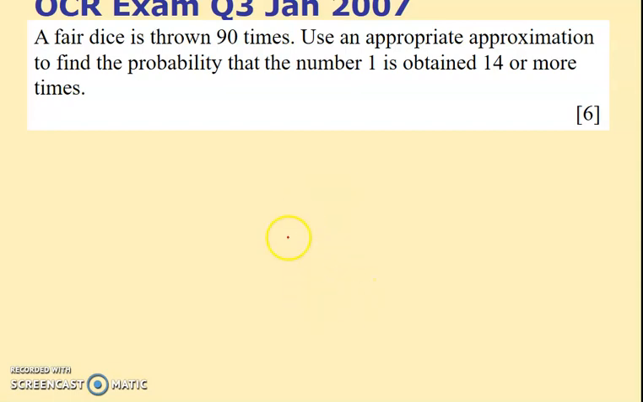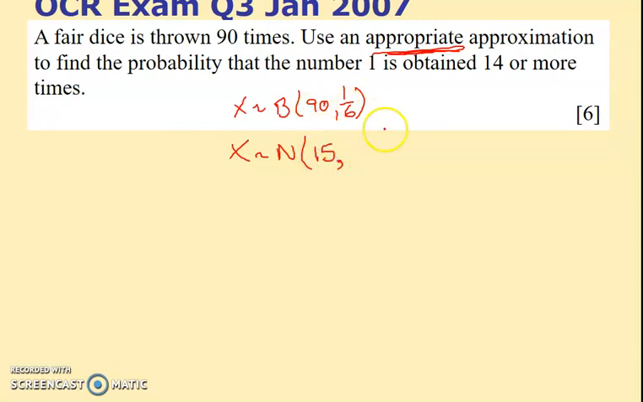A fair dice is thrown 90 times, so fair, so therefore it's binomial 90, 1/6. Use an appropriate approximation. You need to know to use the normal. X is normal. Remember you do n times p. That's 15 if you do 90 times 1/6. And np times 1 minus p. I'm just doing that now. 1 minus p is obviously 5/6, and I get 12.5 when I do that. So that's my variance. And it says find the probability that the number 1, which is a 6, is obtained